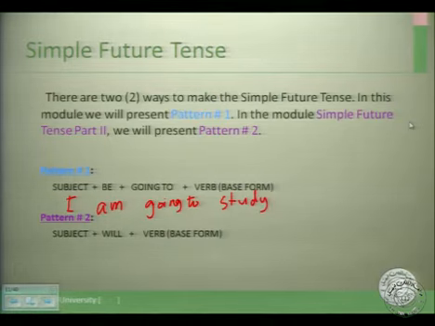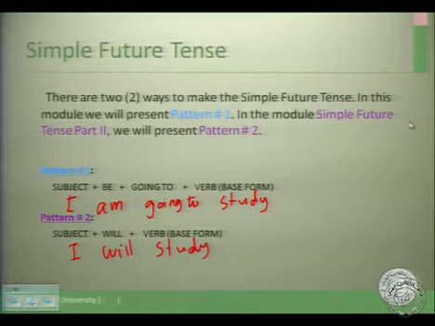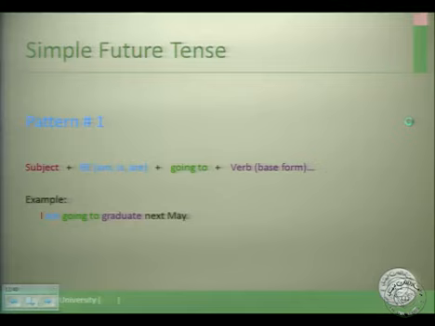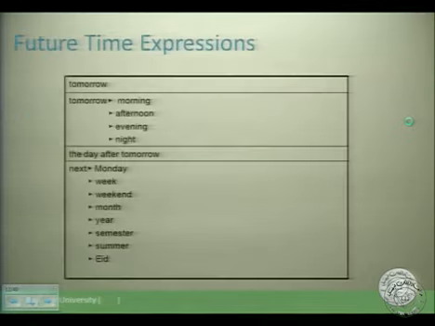The base form means we add nothing to the verb. No s, no ing, no ie, no ed. Or we say I will study. So you see, this pattern looks easier than the other pattern. So this is pattern 1. I am going to graduate next May, and then we have some